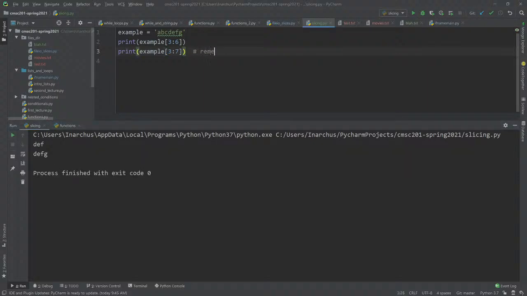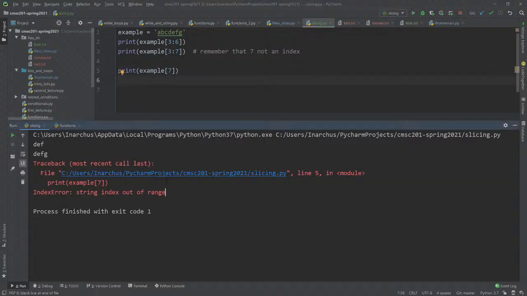And of course, remember that 7 is not an index. So if we actually tried to do that, if we said print example of 7, more than likely we'll get an index error. There we go, string index out of range. And it's the same thing with lists. So as I was right about to get into,